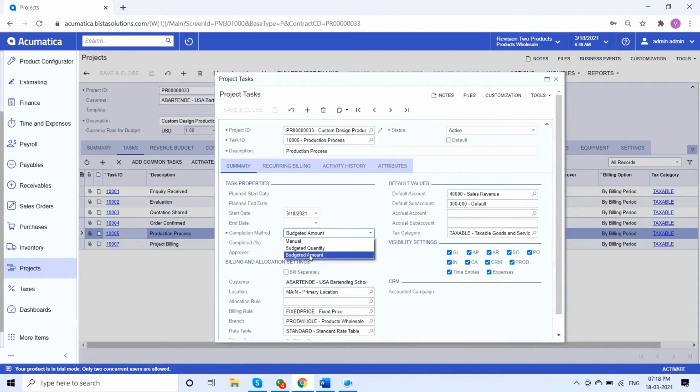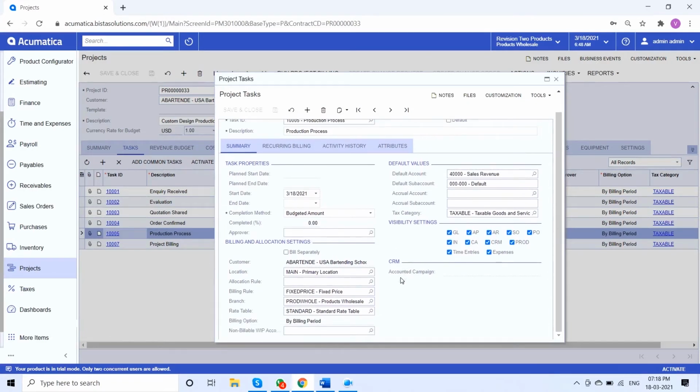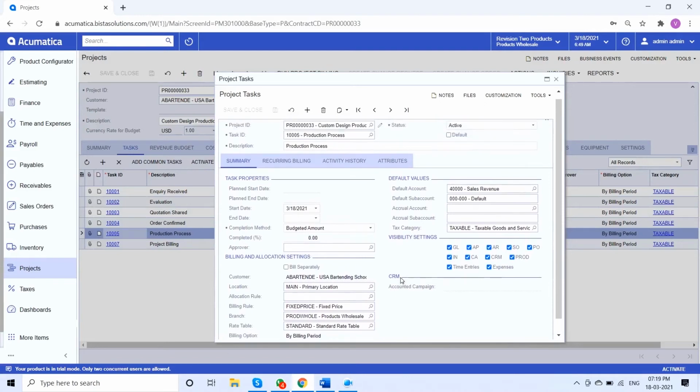Once my cost budgeted amount is completed, the system will automatically complete my revenue budget task as well. So the rest of the things I'll keep as they are, and I'll simply close this window and proceed further.